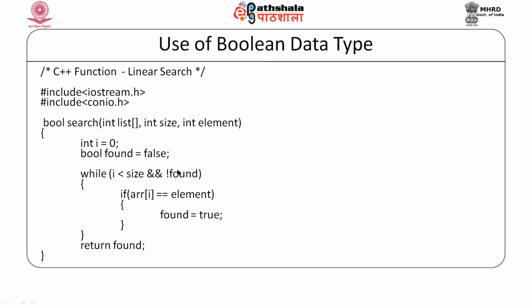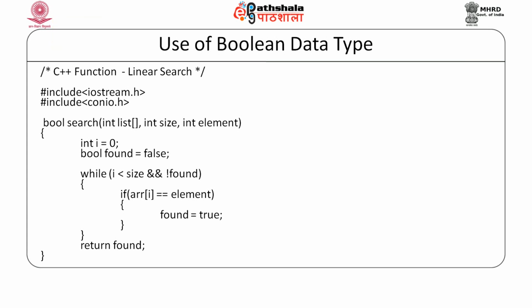So, this condition is true, the loop will execute. If we find an element, found will be assigned a value true, indicating that the element has been found, and you would see that when found becomes true, when we go up, this not true will become false, which will cause the loop to come out, and this Boolean variable we will return, which will be holding a value either true or false, indicating whether the element has been found or not.